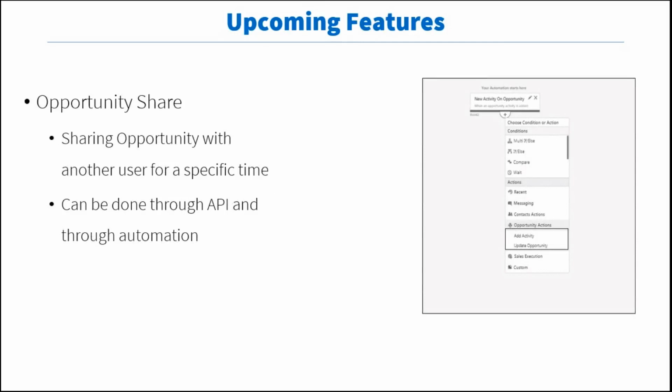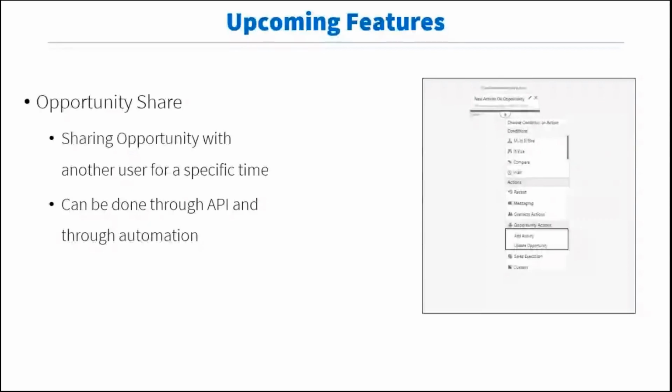And what we're also going to do is enable opportunity share. Again, we're looking at use cases where, when a particular opportunity reaches a certain stage, we'll want that opportunity to be sent to another team. There is, say, an approval team that wants to evaluate documents and then send an approval. That is not going to be handled by the sales user. So in that case, we want another sales user, basically an approval team, to have access to